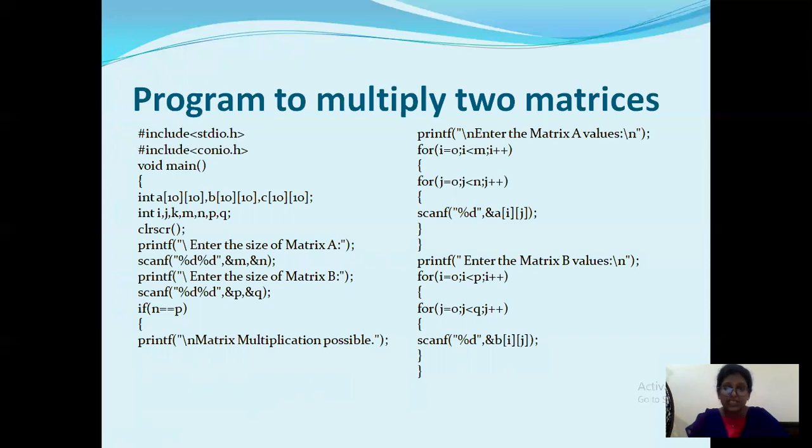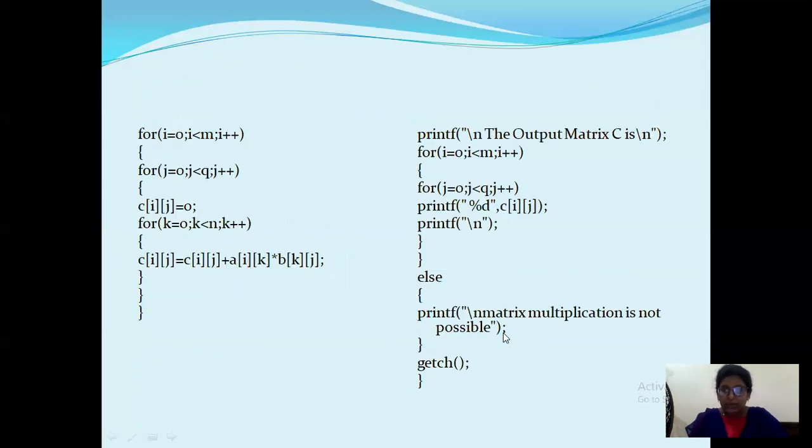Now see how the multiplication will work. For this program, you need to read the elements into A matrix and B matrix. For this program, you require what? The order of your first matrix and the order of your second matrix, and you need to store the resultant value in another matrix called C. So here in multiplication, you need to check whether your columns are equals to your rows or not. So if n equals to p, this is your row, this is your column. If the number of columns in the first matrix is equals to the number of rows in the second matrix, then only you can do what? Multiplication. Till reading part, it is same for both the multiplication and addition.